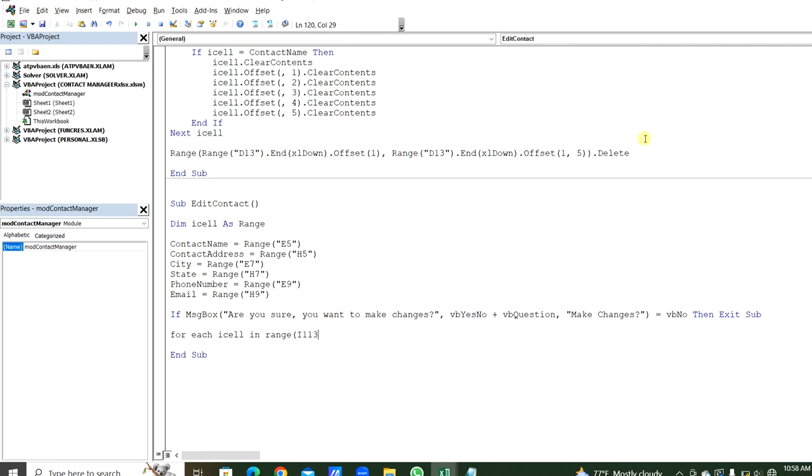I13 is the first email ID in the record, comma, the last record of the type column is range I13 close parenthesis here dot end open parenthesis